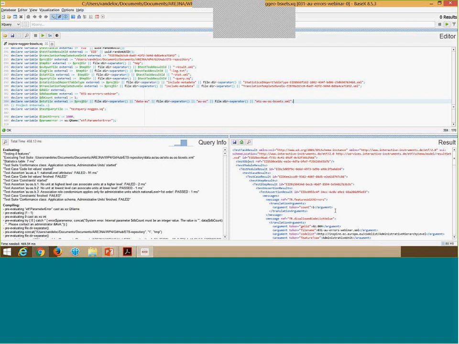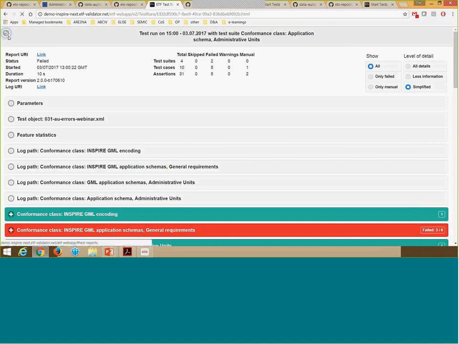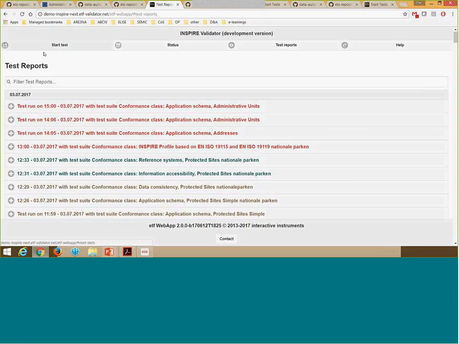So the question is how to test a data set that contains features from multiple data themes. In the validator, if you use the web app, then simply execute the test from more than one conformance class, so more than one executable test suite.